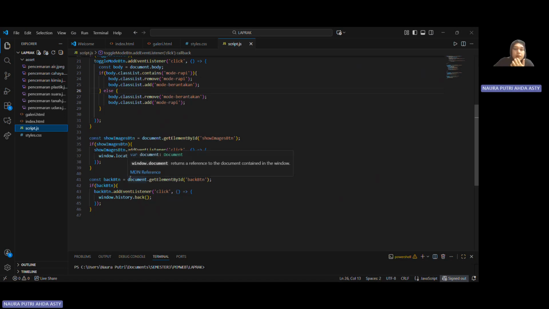And this one is so that if we click the button to go back to the previous page, it will go back, if we are in the gallery section or gallery page.